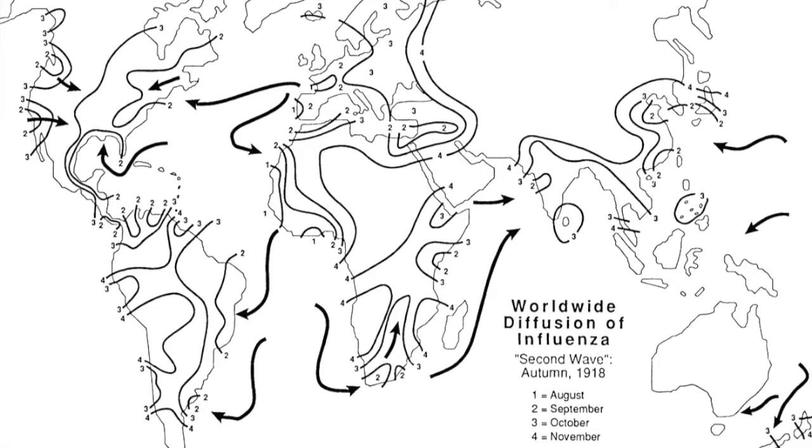Just after the second wave swept the globe and left nothing but casualties behind, the third and last wave struck in January of 1919. This wave did not have as many casualties as the second, but it had more than the first wave. The virus had spread again unevenly throughout North America and Europe.